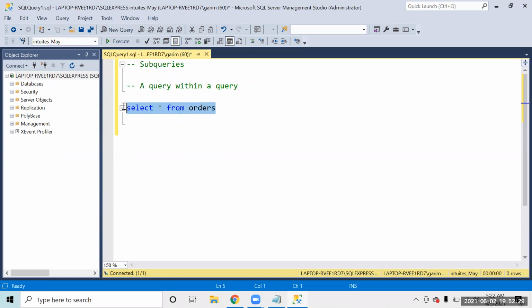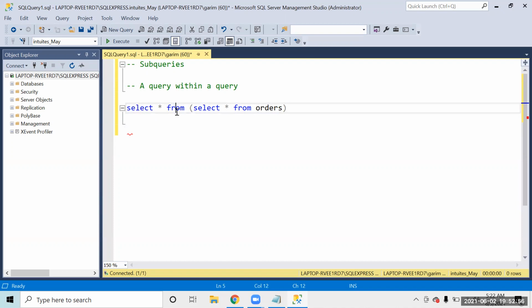Now if I write this query, this is a normal query that we write. But I can use this query as a table also. For example, I can say select star from this. See, now this normal query becomes a subquery.